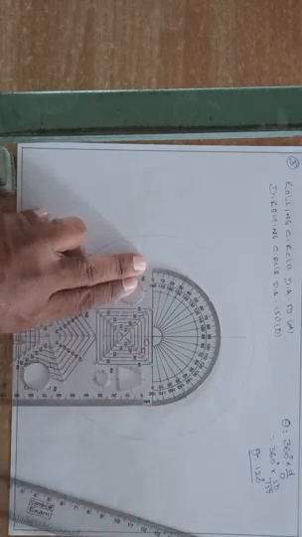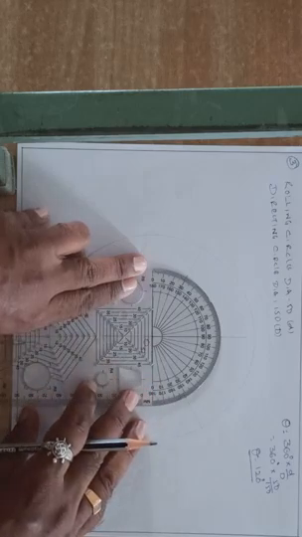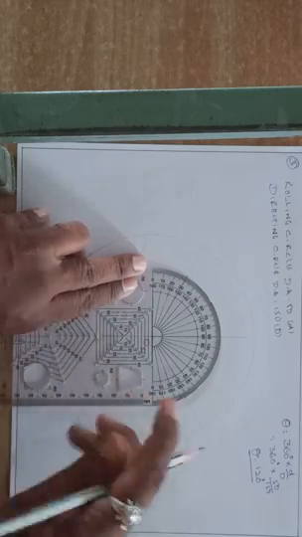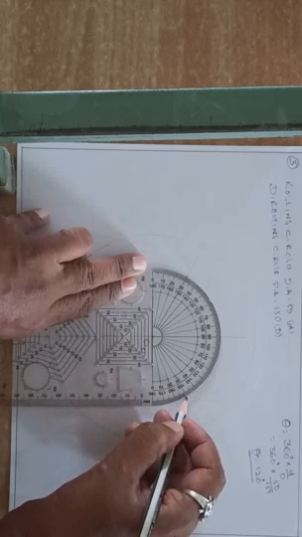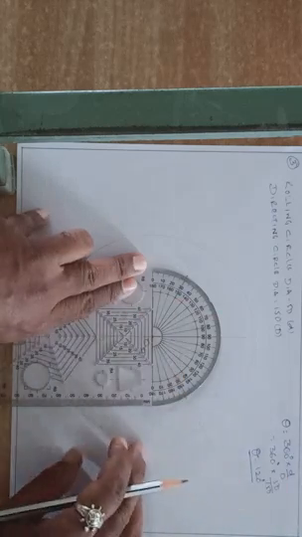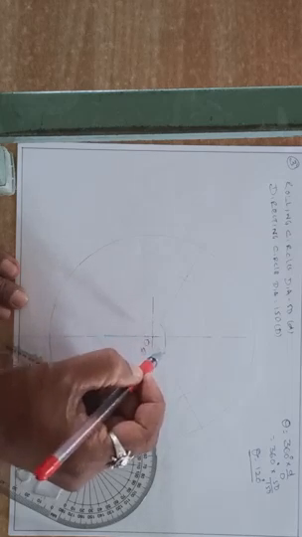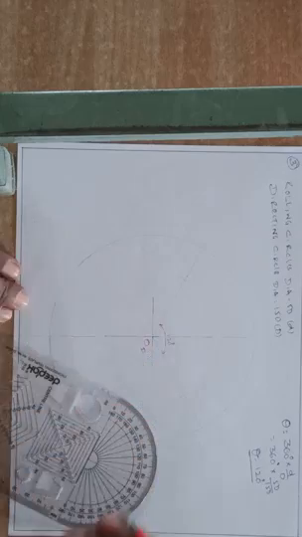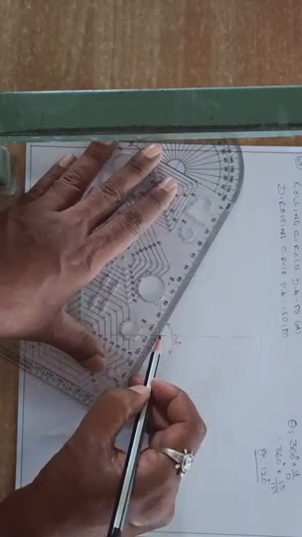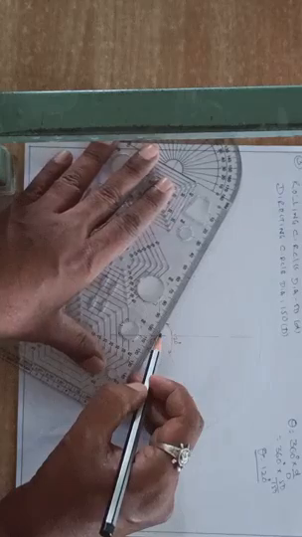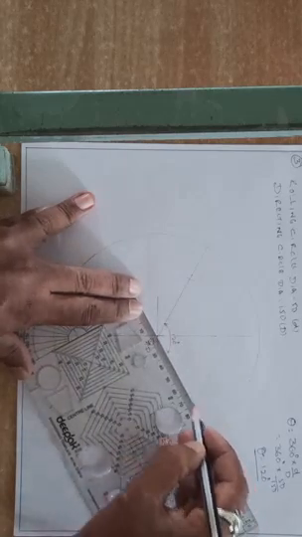So now take the center of the directing circle as reference and, matching with the horizontal axis line using a protractor, mark the first line at an angle of 30 degrees and another line at an angle of 120 degrees from it. So the distance between the first line and the second line is 120 degrees. First mark the point, then draw the line from the center of the directing circle like this. And again, another line marked at 120 degrees, join that also.